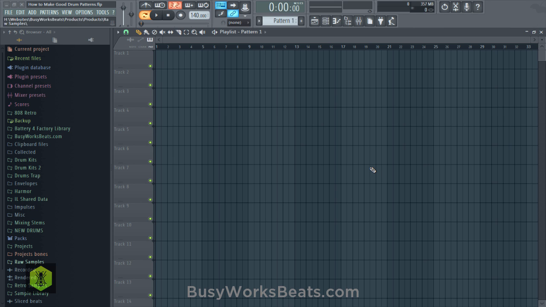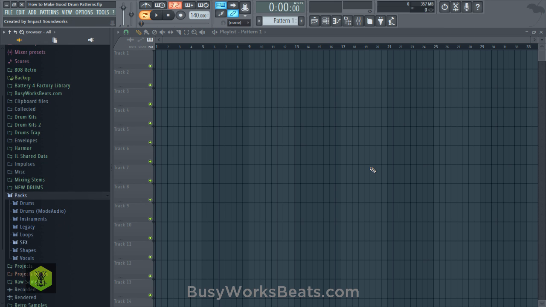So let's open up stock drums and just show you how powerful these stock drums are. You don't have to go searching for tons of drums right away. If you have the DAW, that is your first tool. You're trying to look for all these external tools. You need to look at the DAW at hand, and see what you can do to maximize your experience with that DAW first. So let's go into packs. Let's go to Legacy. I'm even going to go back to the old drums that FL Studio provided just to show how you can make something out of these.